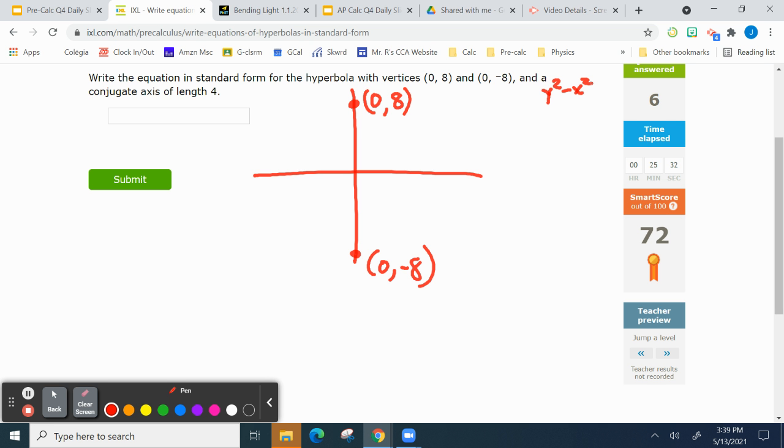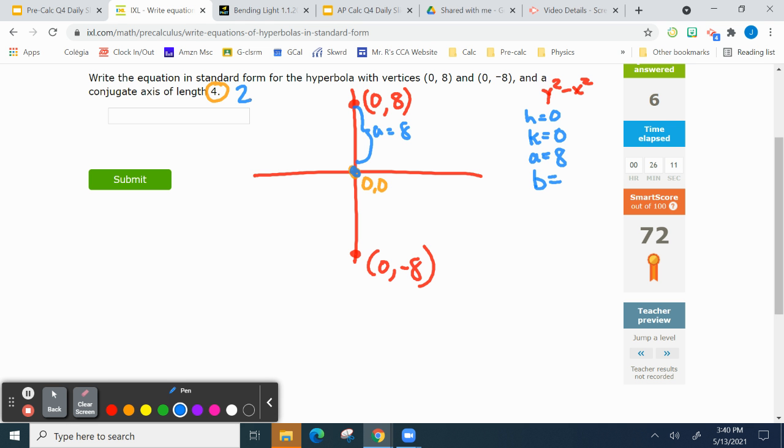We know the vertices and we know the conjugate axis. First of all, we know the conjugate axis length, but we also need to find the center. And the center is going to be halfway between those two. So at this level, the center is going to be 0, 0. And then the conjugate axis length is 4. Let's find A first. Where is A? A is the distance from the center to a vertex, right? So A equals 8. So H equals 0, K equals 0, A equals 8,